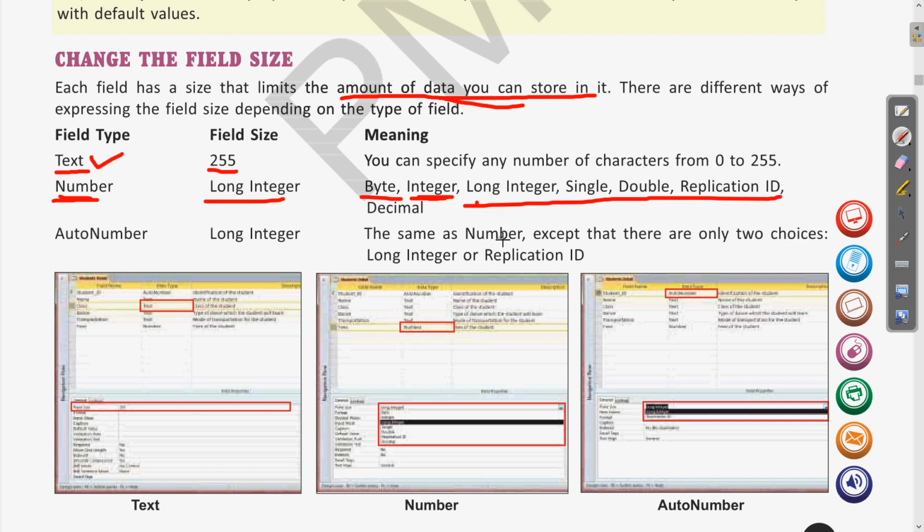Okay, till then, revise whatever we have discussed till now, the primary key and how to make the primary key, the different properties of the field property. Keep learning, and whatever doubts you have, we will cover in the coming online session. Okay, till then, learn and revise the things. Thank you.